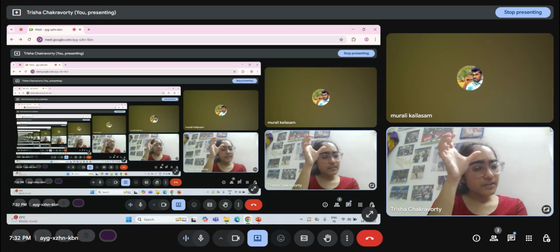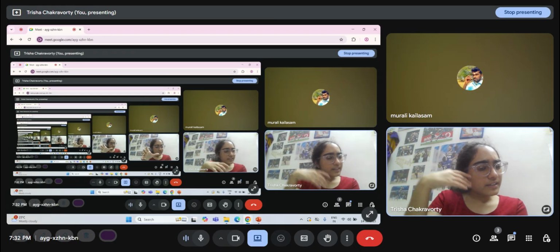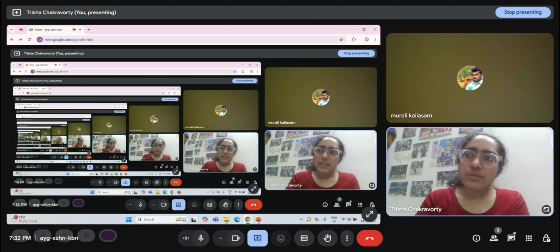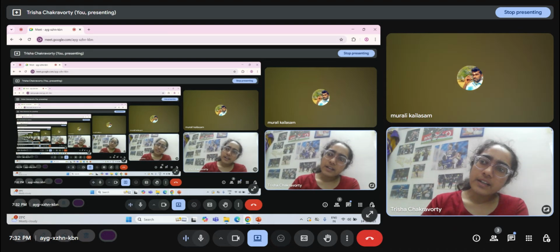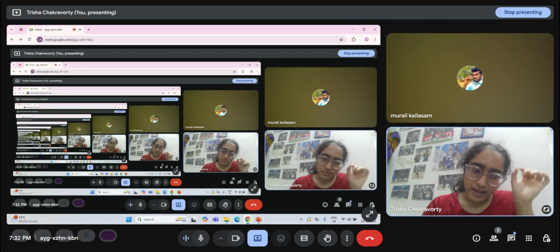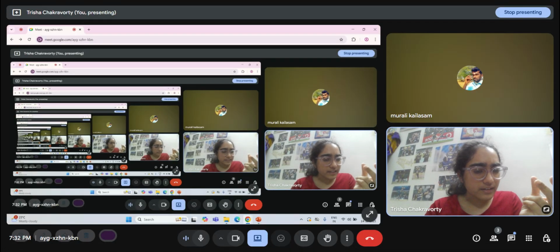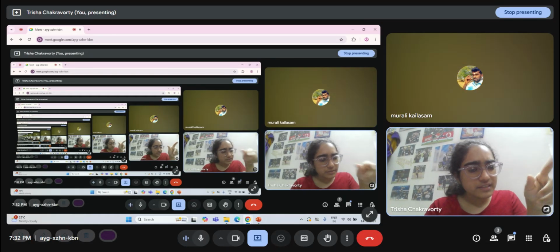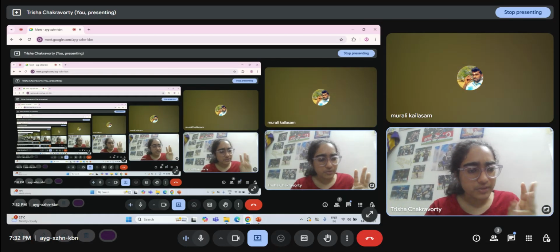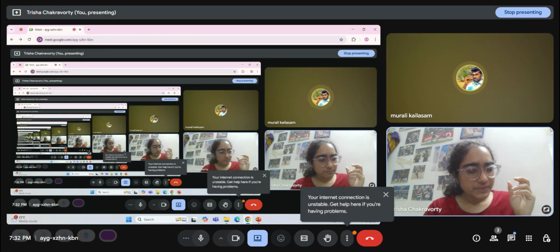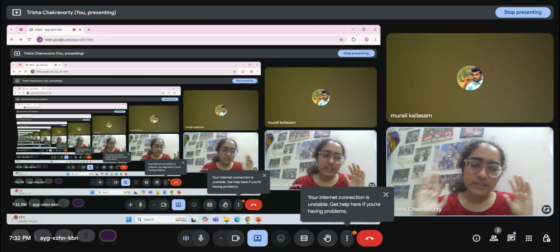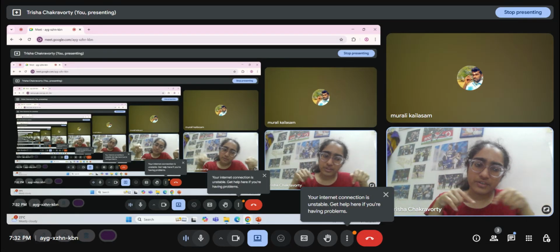First, what STAAD does, it first analyzes the structure, then it gives the design output. So once the analysis has been done, you take the output forces and moments that are developing at each column. There will be x direction force, y direction force, and some moment. Like it's a 3D structure, so three forces, three moments. Take those as input, then make a separate file and make a foundation.